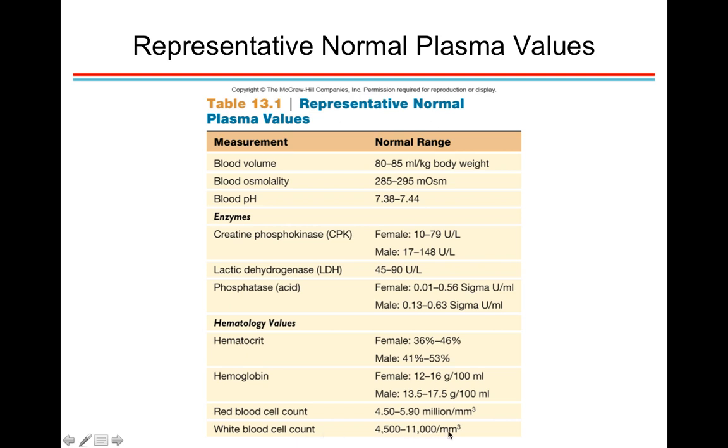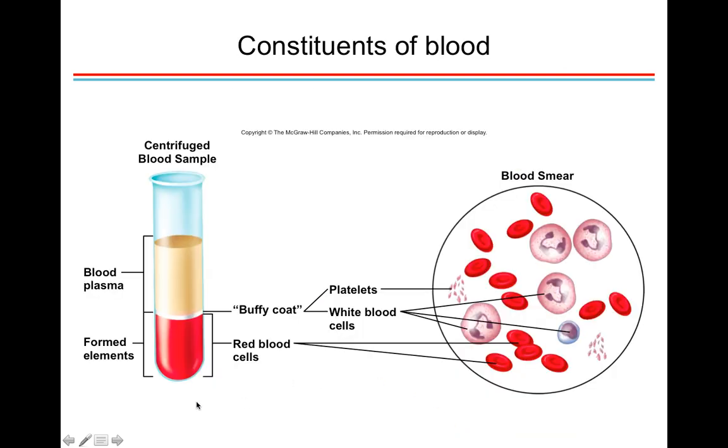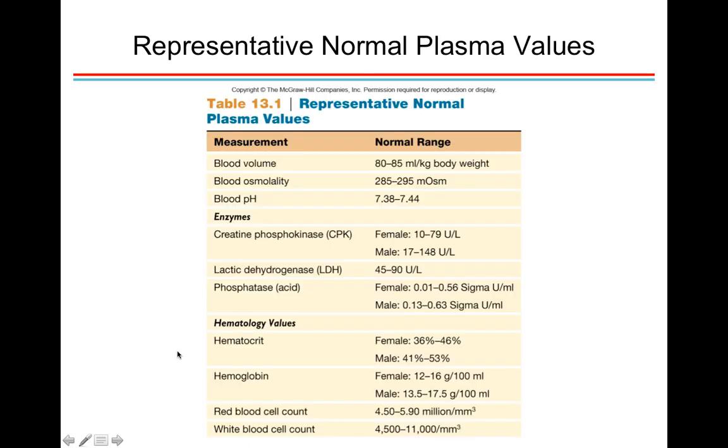I just want to go back and show you the image. If you look at the image, we can see the white blood cell band is much thinner than the red blood cell band. And that reflects this huge difference of thousands of white blood cells per cubic millimeter compared to millions, right? So I think that's the way I try to remember it: millions of red blood cells per cubic millimeter, and thousands of white blood cells per